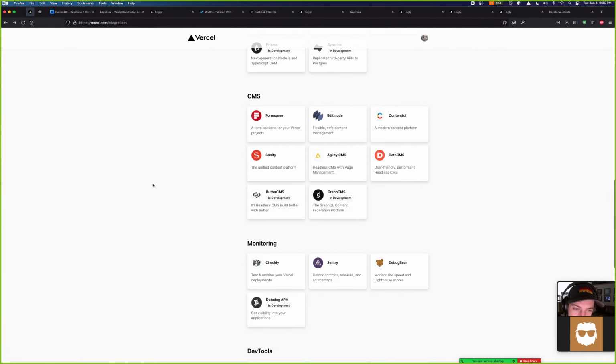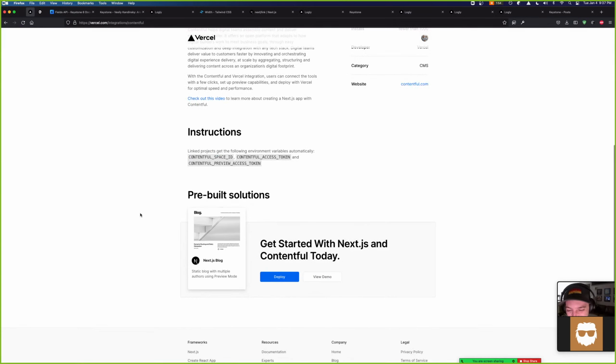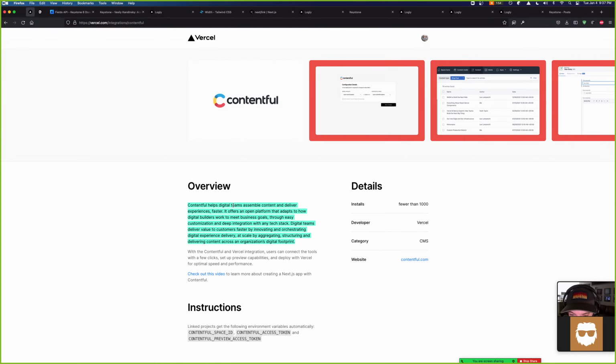Oh, they integrate with CMSs now too. Datto, Contentful. Oh my God. What if that's our answer? What if we just need to deploy a Contentful site? Contentful helps digital teams assemble content and deliver experiences faster.